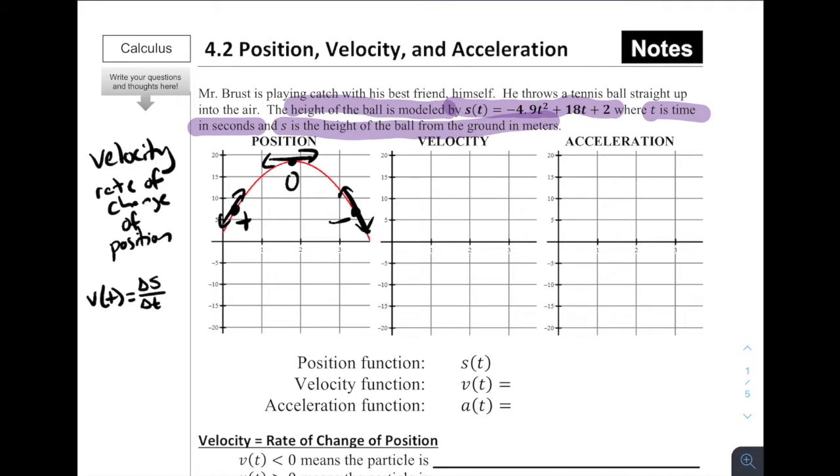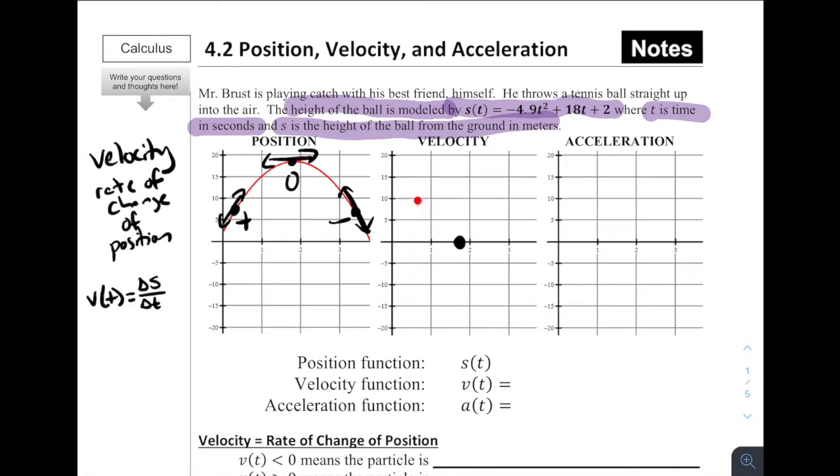So I'm going to start the graph of the velocity function with where the 0 is. Since this appears to be just shy of 2, maybe like 1.8 or 1.9, I'm going to estimate it is going to be about right there. The slope of this tangent line, the rate of change at that point, is 0, which means the velocity is 0 there. In the context of this problem, that makes sense because if I throw a ball straight up in the air, there's going to be some moment